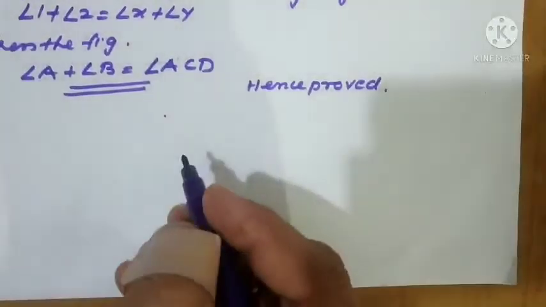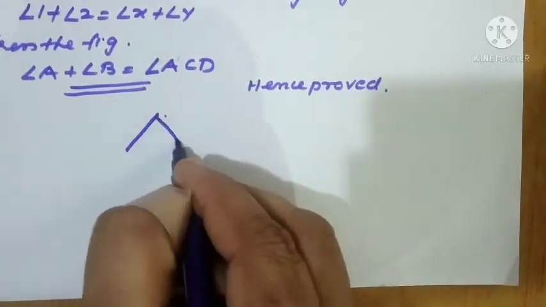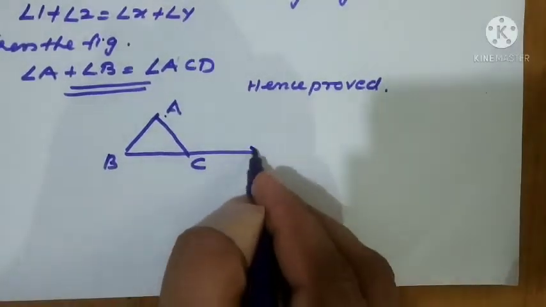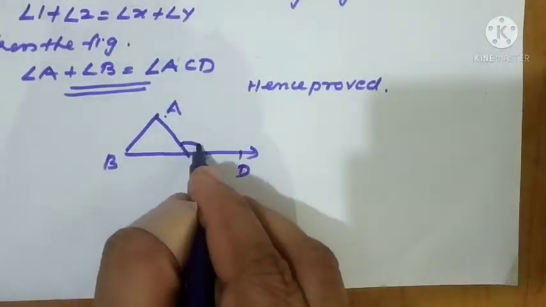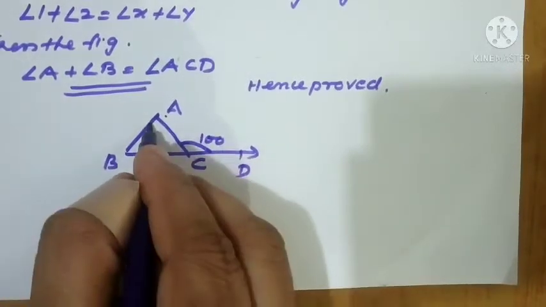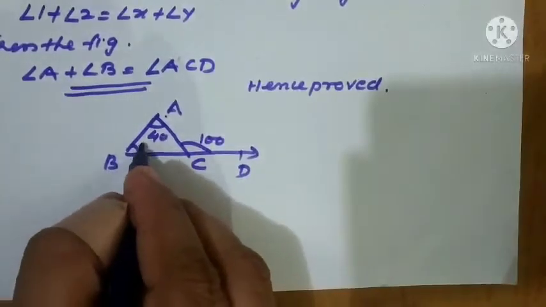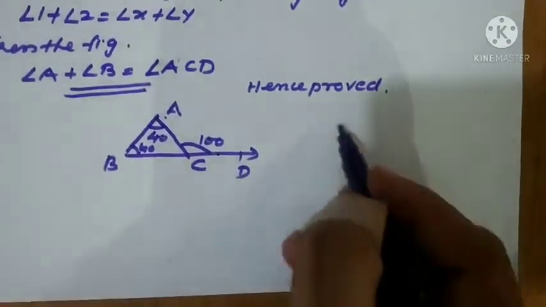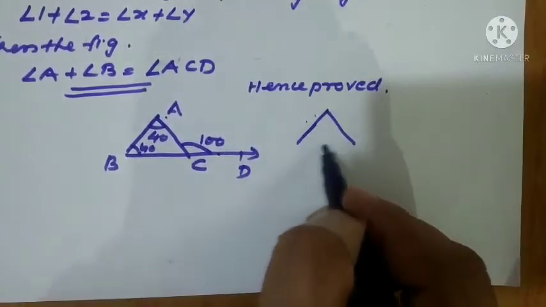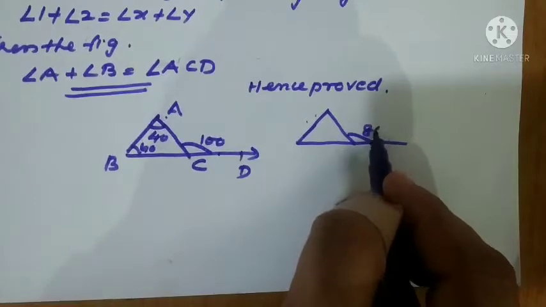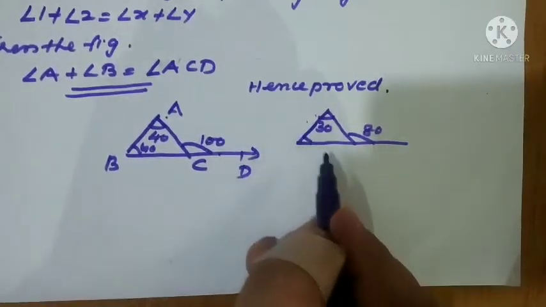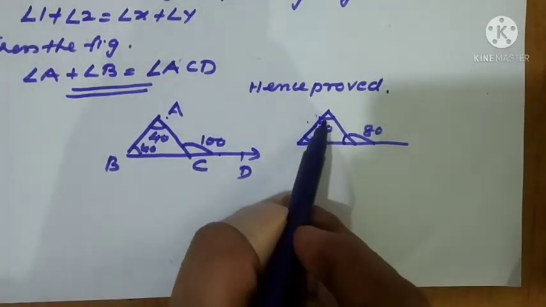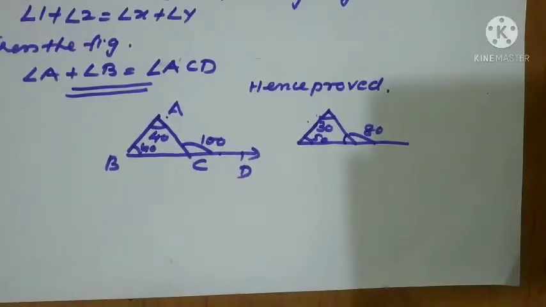So roughly when we are taking the diagram, suppose I am drawing the triangle like this. ABC only I'll write, ACD as the triangle. So I got here 100 and I got here 40 and this may be 60. 60 plus 40 equal to 100. Correct? Now one more example. I hope it is 80. This is 30. What about this? It is 50. We are not calculating this angle. We are calculating the angles which are opposite, far away angles, those we are taking.